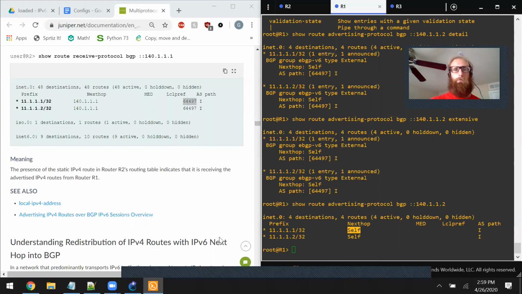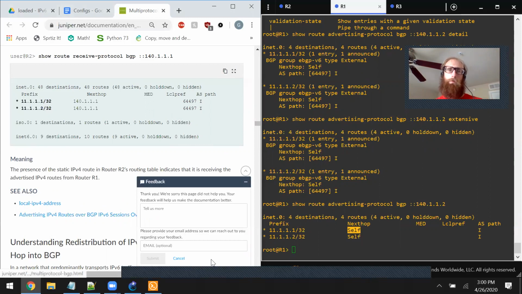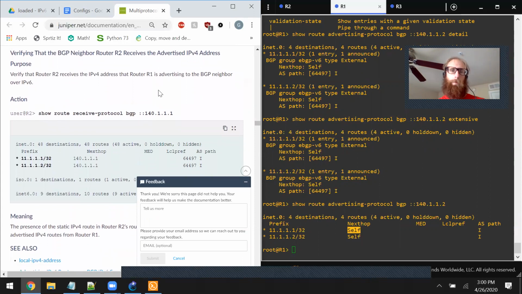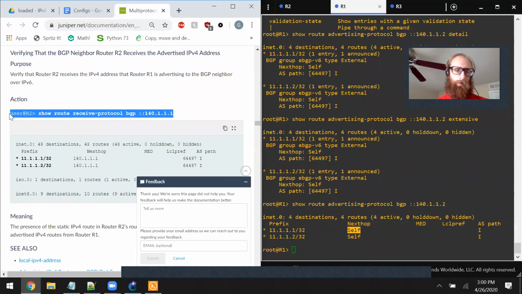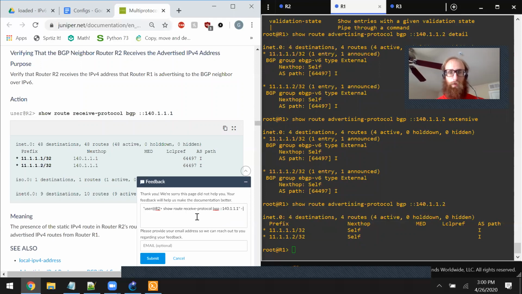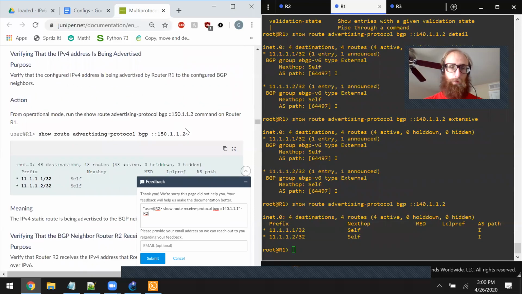And it looks like my output is a bit different from theirs. But let's submit a downvote and say, let's do this. R2, oh no, we're talking about this one right now. We haven't gotten that far. So R1 has no BGP peer to R2: 150.1.1.2, only to R2: